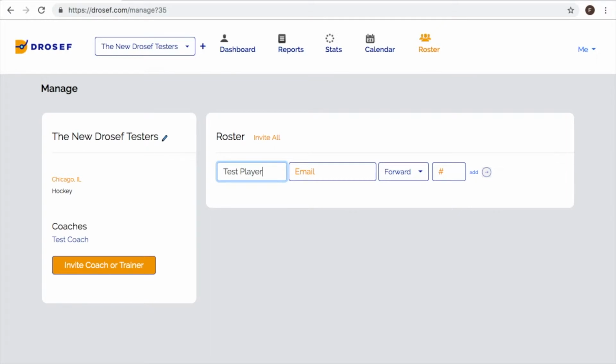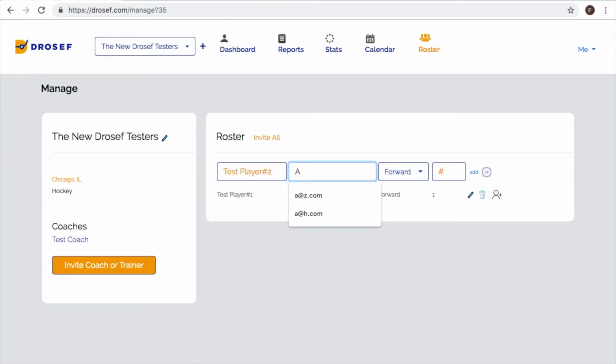Enter in a name, and then enter in an email. You'll click the position and add their number if you know it. We'll add in test player number 2, etc. and so forth. So what's going to happen here is after we create our whole roster, and again, like I said,